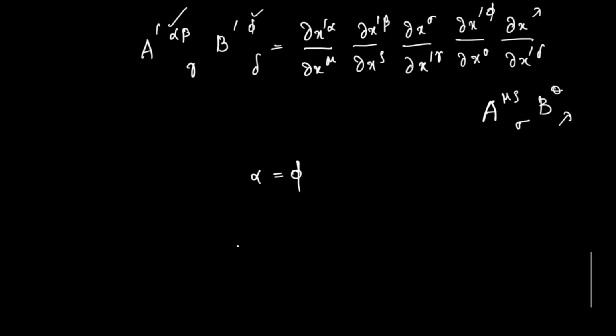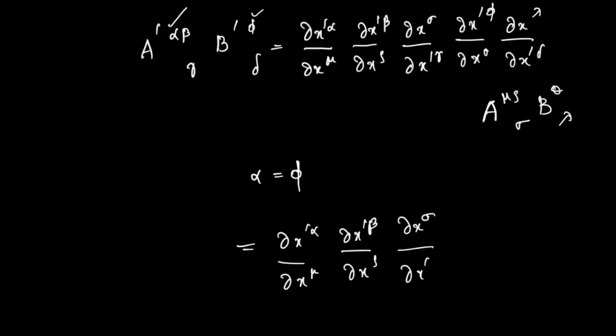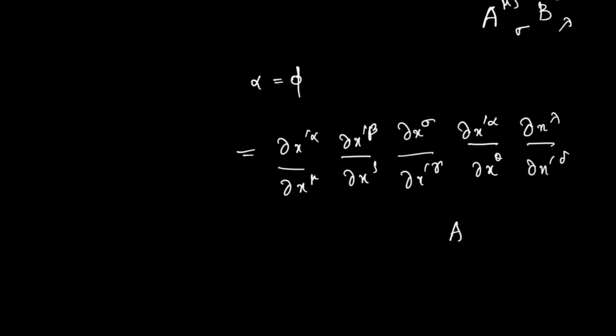in the above expression. Then I will get partial derivative of x prime alpha with respect to x mu, partial derivative of x prime beta with respect to x rho, partial derivative of x sigma with respect to x prime gamma, partial derivative of x prime alpha with respect to x theta, then partial derivative of x lambda with respect to x prime delta. All other things as it is. B theta lambda. Now you can see that